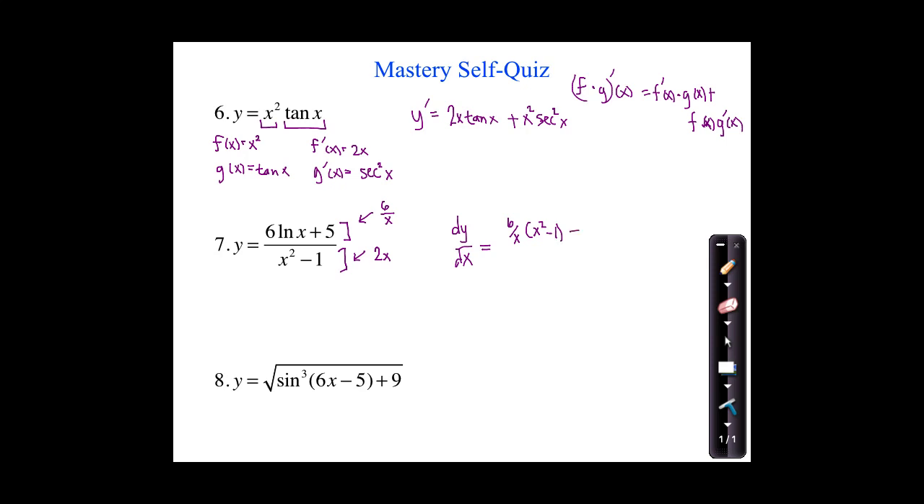minus, other way around. So the whole numerator here needs to be multiplied onto 2x. So I'm going to write the monomial first, longer part second. But the order isn't really important. It's just multiplication as long as it's after the other term. 6 natural log of x plus 5